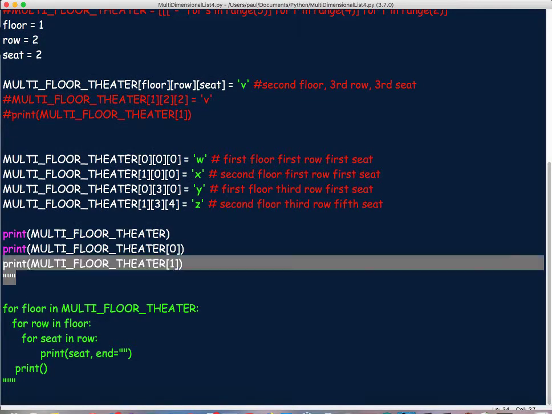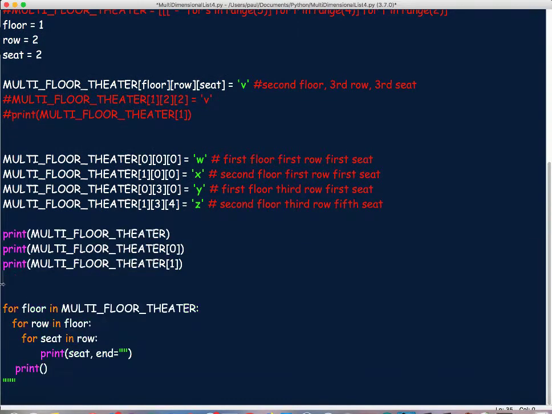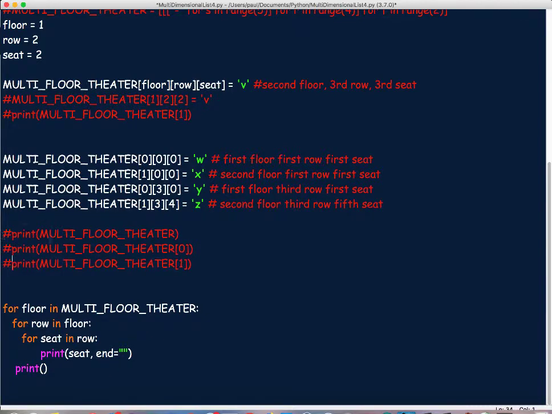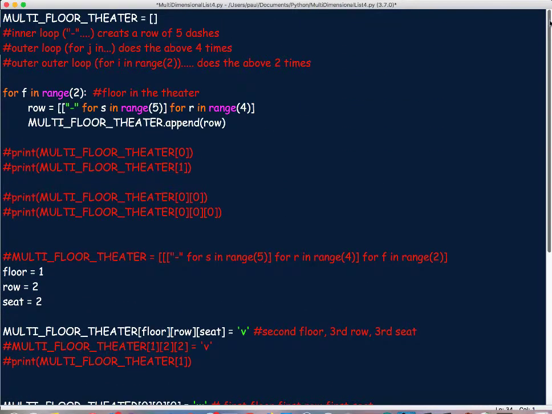Now, what the last print statement does, I'm going to bring those into play. I'm going to comment out these statements. What this last print statement does is allows me to see how these seats are dispersed inside of my theater. So if I run this,